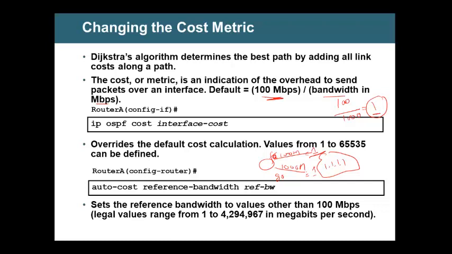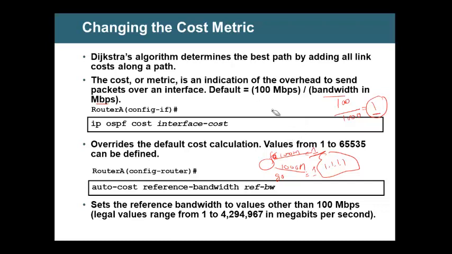This can carry 10 times more data, but we are not sending according to the capacity. Why? Because OSPF cannot differentiate. The reason is the upper limit. The reference that we use is 100 meg. According to OSPF, 100 meg is the maximum reference bandwidth, because it's an old protocol.